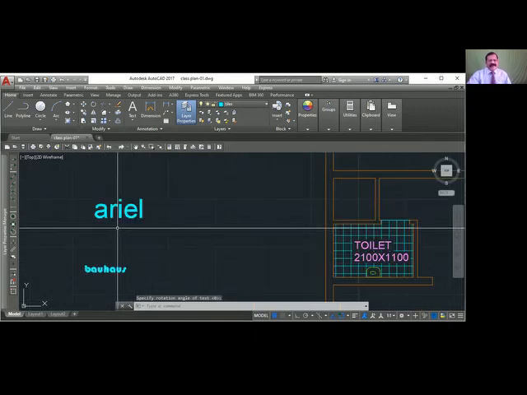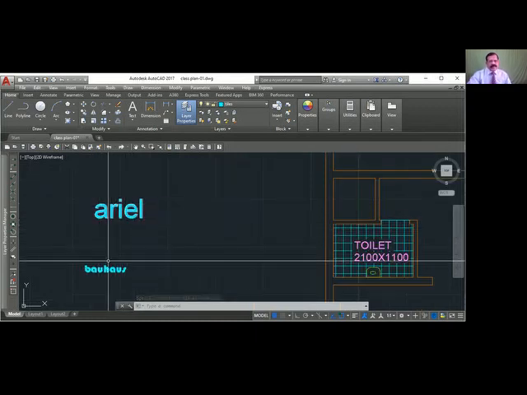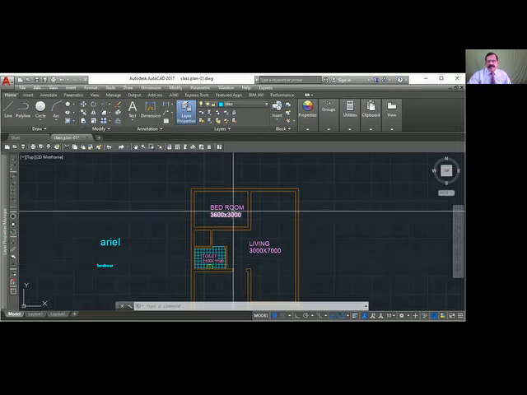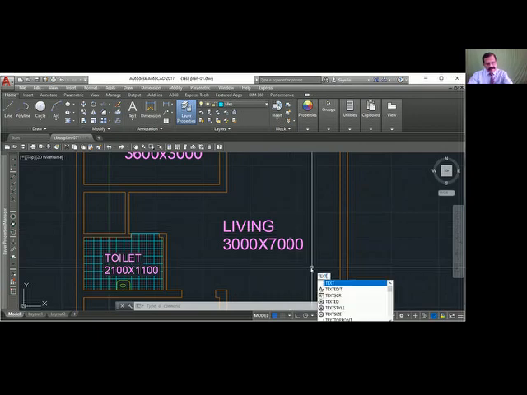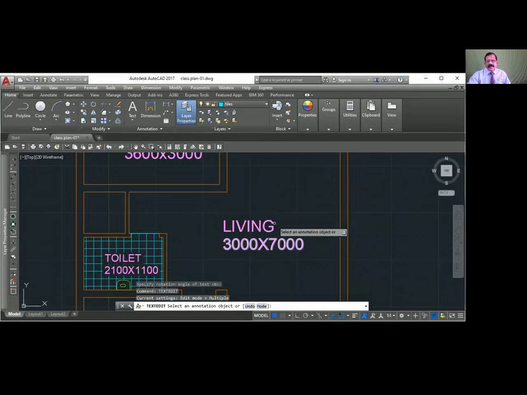Now I want to make some correction. I want to write here living room, not living. So I'll say text edit. Text edit, to edit a text. So click and select this.